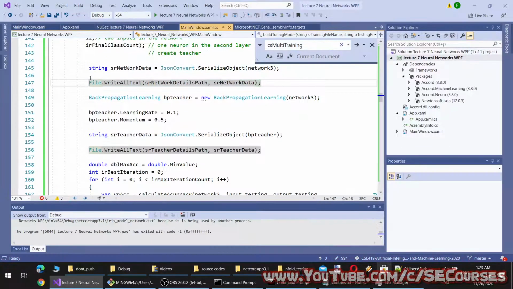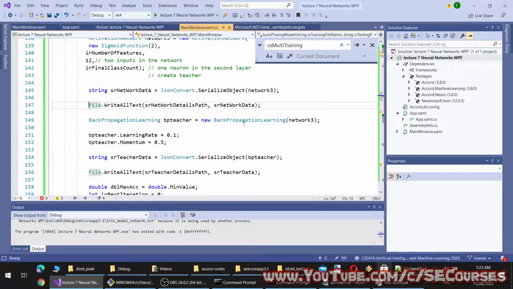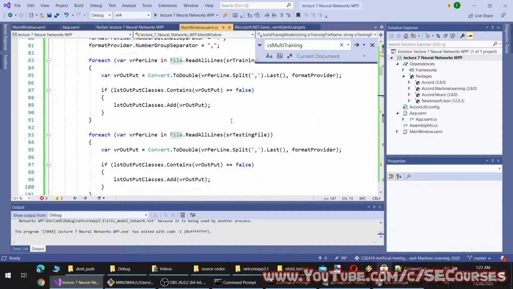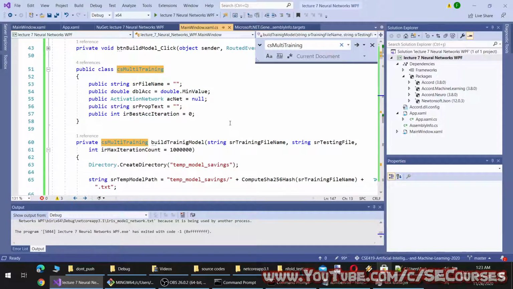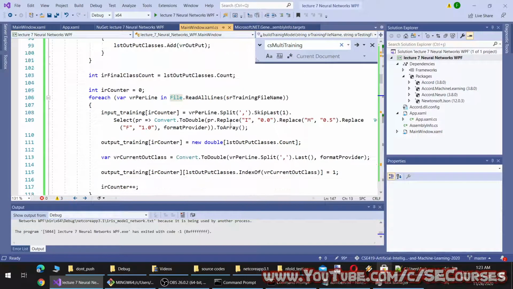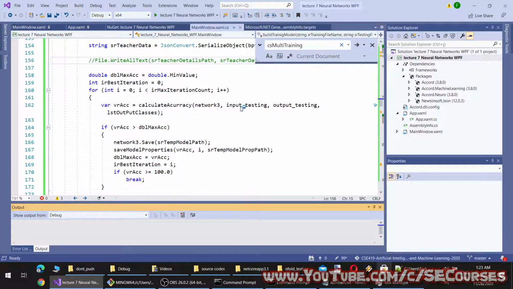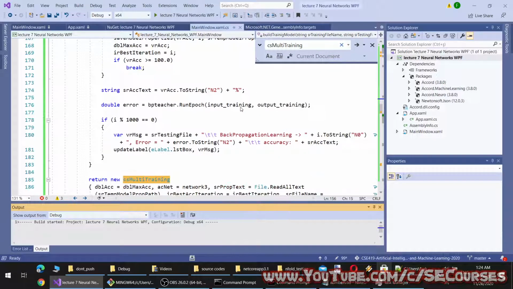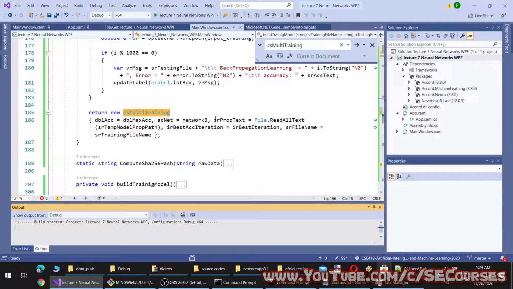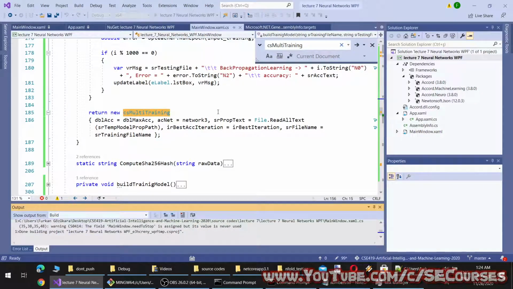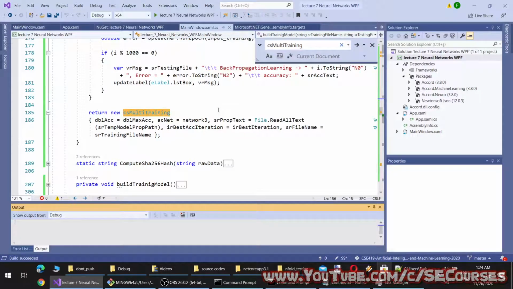Okay, they all try to write the network at the same time, since they will be using the same data. This is not important for us at the moment, by the way. I'm just going to comment this out. When multiple threads try to write the same file at the same time, of course you will get an error.